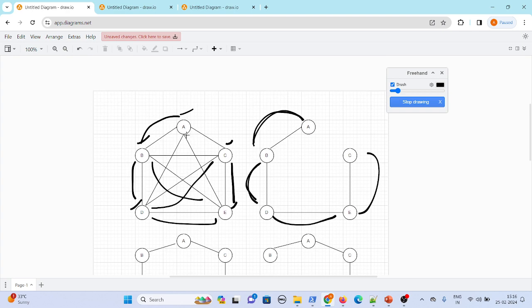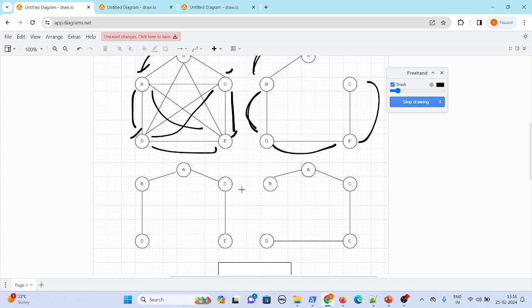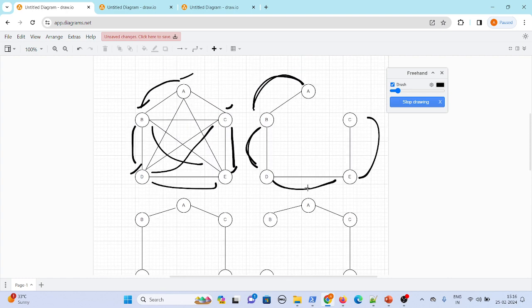So this is the original graph that we have seen here, and these are all the spanning trees. If you see, this is a subset of this graph, right? Because you just removed redundant edges. You removed so many edges, but still you made the graph connected. This is called a spanning tree, where you can reach every vertex but with a minimal number of edges. So this is one of the spanning trees,